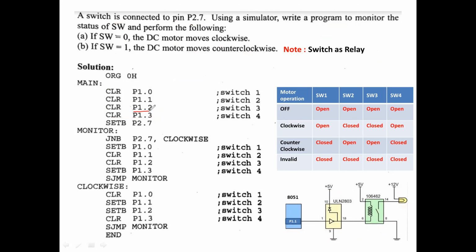So similarly, we required only 4 particular pins to control the DC motor, particularly for H bridge type. Okay, H bridge type of motor. Now I'm going to set bit port 2.7. Why do I need to set it? I'm going to initialize the pin P2.7 as an input pin, because the switch is connected there. I want to check the status of the switch, so I'm making that particular pin a set bit.